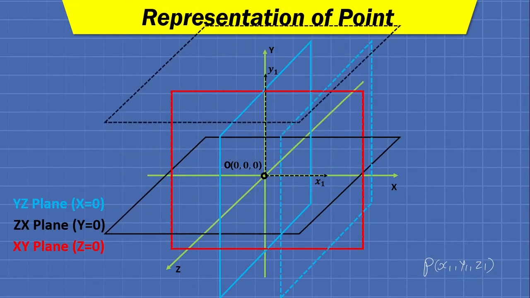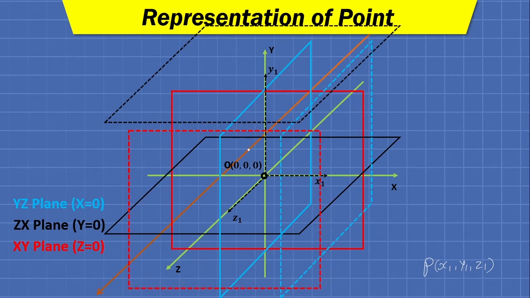So the intersection of these two planes will give us a straight line, fine. See, both these planes are infinitely spanned, okay. So this line of intersection will also be infinitely long. Now we will move the final xy plane by the distance z1 in the direction of z, and intersection of